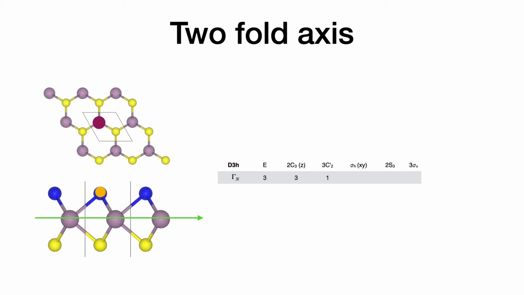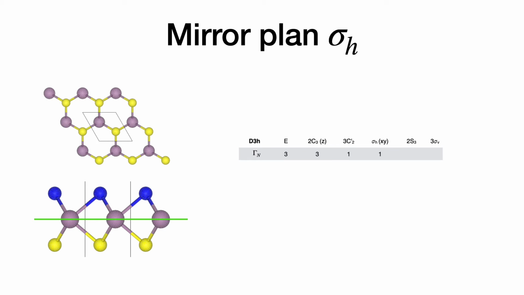For sigma H, we actually have essentially the same effect. So the sigma H again is this plane which is in the plane of the molybdenum atom. The molybdenum atom obviously does not change, but the sulfur atom just moved up. Same for the one on the top, it moves down. So only one atom is invariant, again, the molybdenum atom. So we put a 1 in the character table. Now, if we look at the